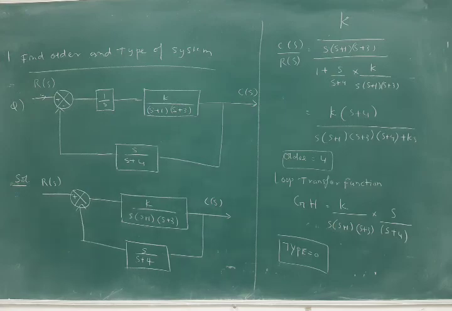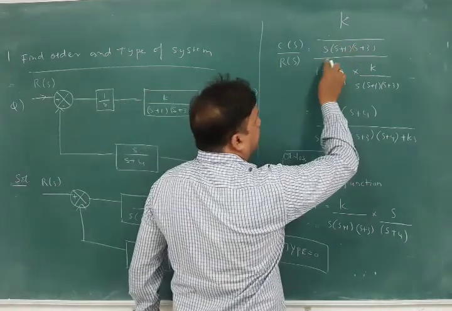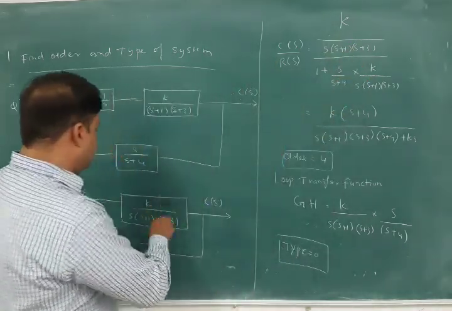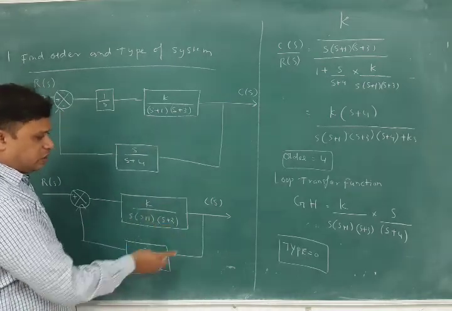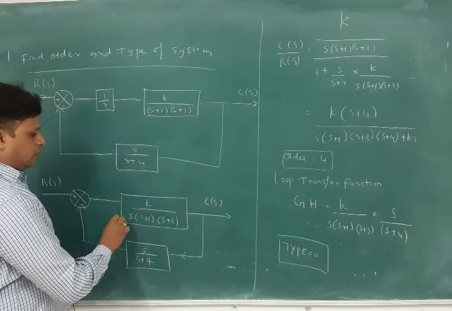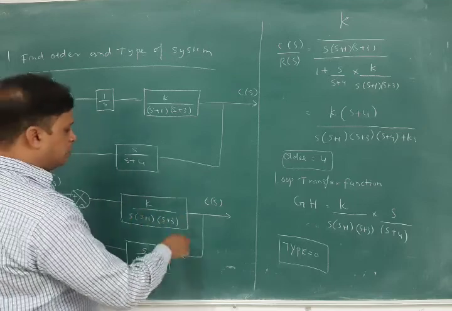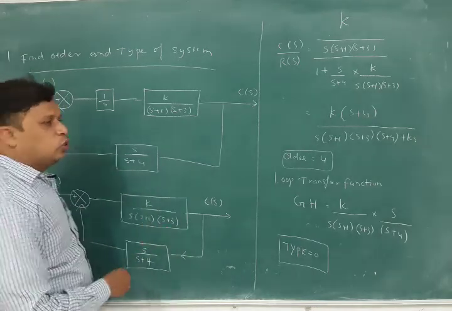So to find out the transfer function, C(s)/R(s) is equal to K by s into (s+1) into (s+3). This is the G(s) equation. We call it the G(s) equation. This equation is the H(s) equation. H(s) is the feedback and G(s) is the transfer function here. And this total is called the loop transfer function. If you multiply this G into H, it is called the loop transfer function.